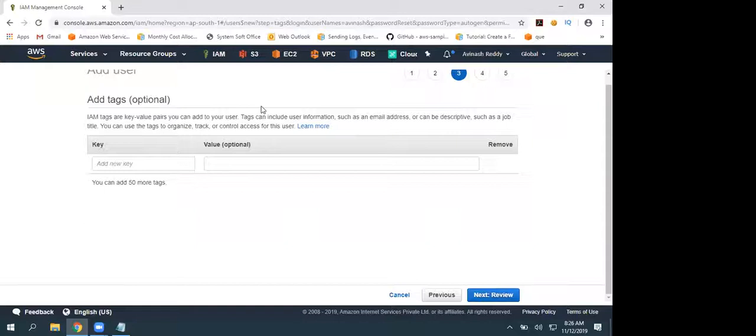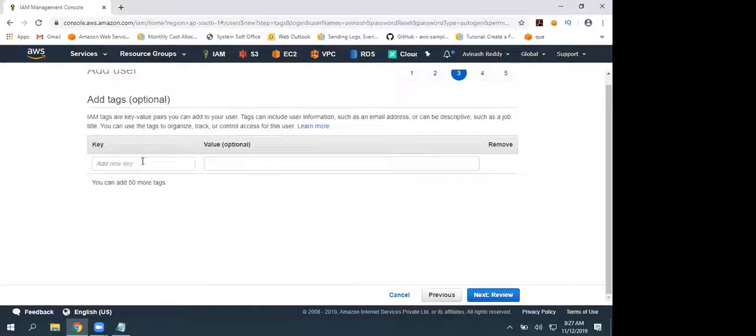Tags. So these tags actually play an important role in our resource creation. It is very simple but effective. For example, you have project 1 and you are using a couple of users for project 1 and you want to filter all the resources. So you're going to use tags and you are going to filter that. So we have a concept called resource groups. There we will use the tags and we will filter all the resources.